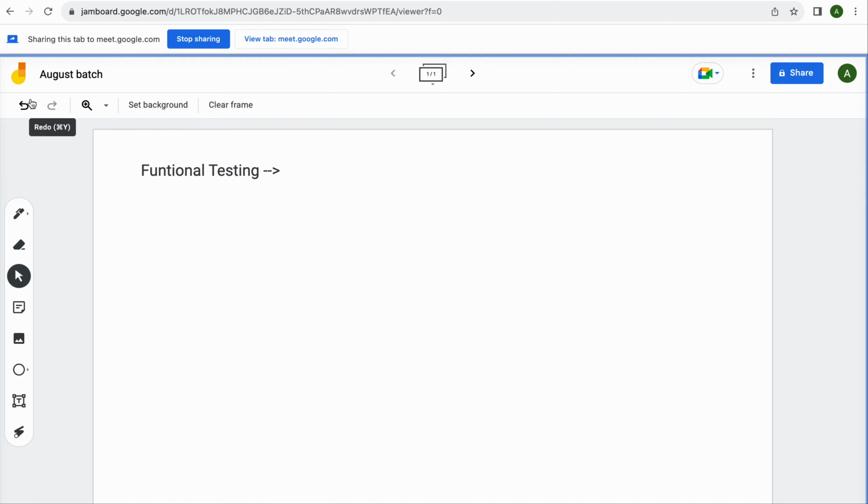You see, there are some options like we have this undo button here, we have this zoom option here in this website. So this is one of the software we have from Google. This is the Jamboard, right? So this is one of the features from Google. In this screen we have multiple features like the undo, the zoom option, the set background option, the clear frame,